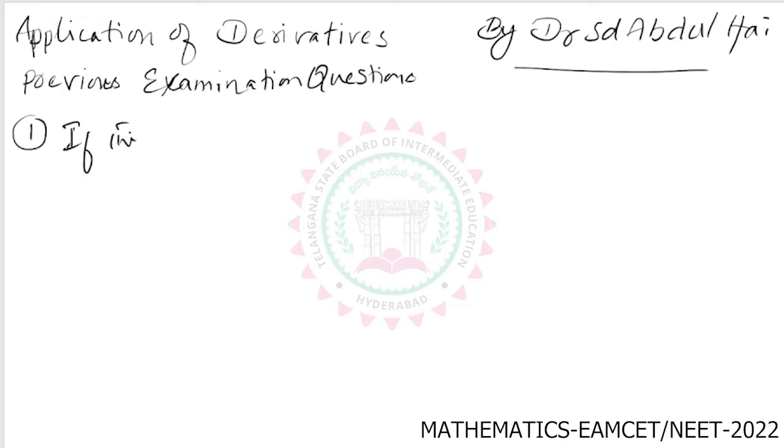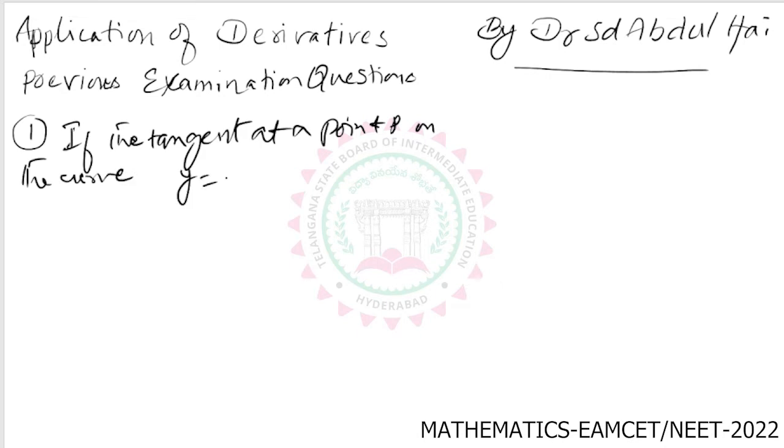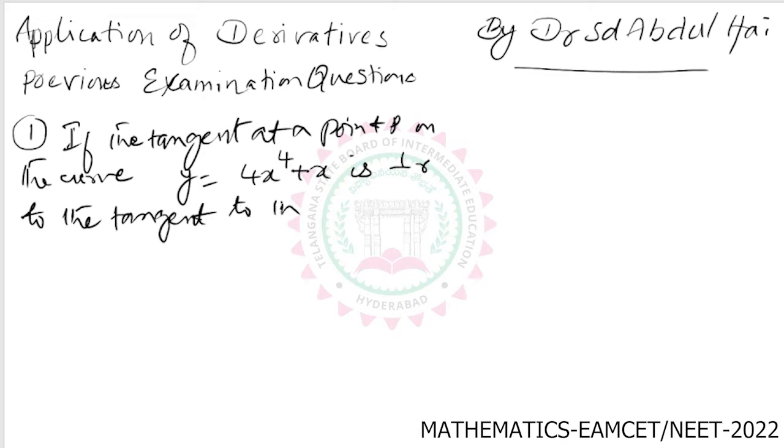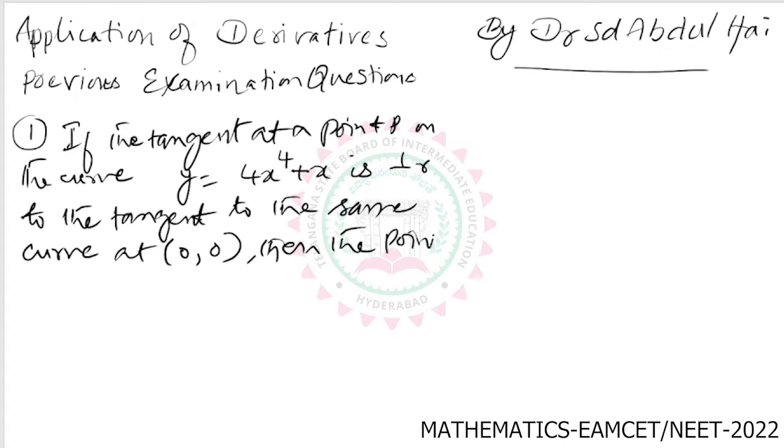if the tangent at a point P on the curve y is equal to 4x to the power of 4 plus x is perpendicular to the tangent to the same curve at the point origin, then the point P